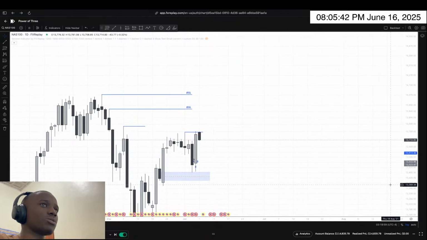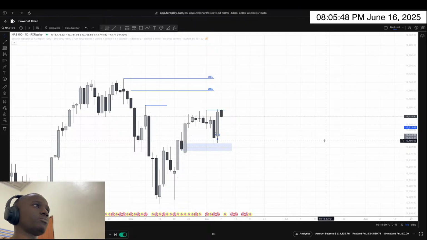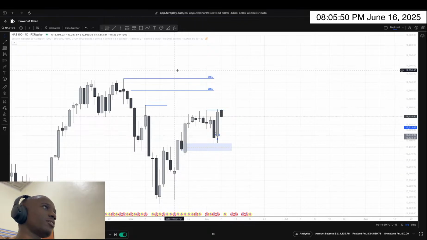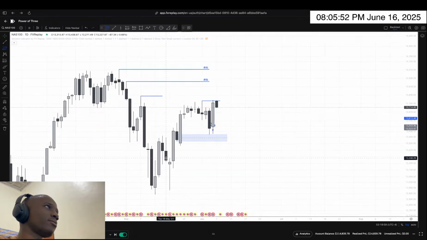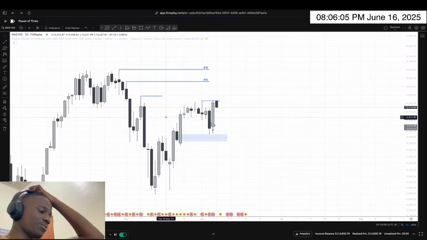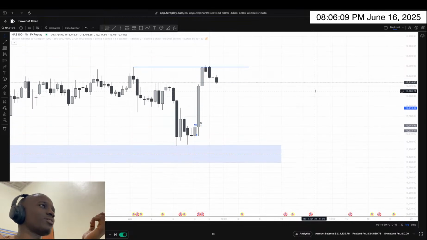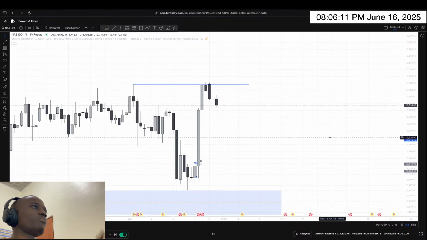What I basically want to see today, after this sweep right here, maybe we would rebalance this whole price move, but I don't think we can. From this low to this high, you can see that equilibrium will be on this low as well, on this kind of order block that we had marked earlier. But this order block, the reason I still don't want it is, we've already done much with it, but it will depend on how the market reacts.